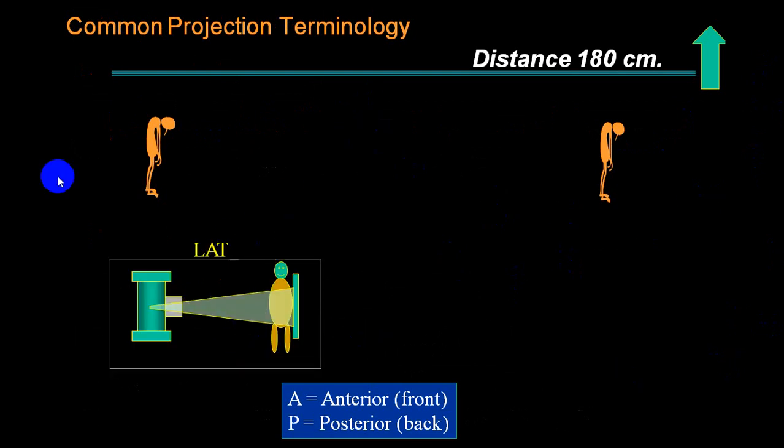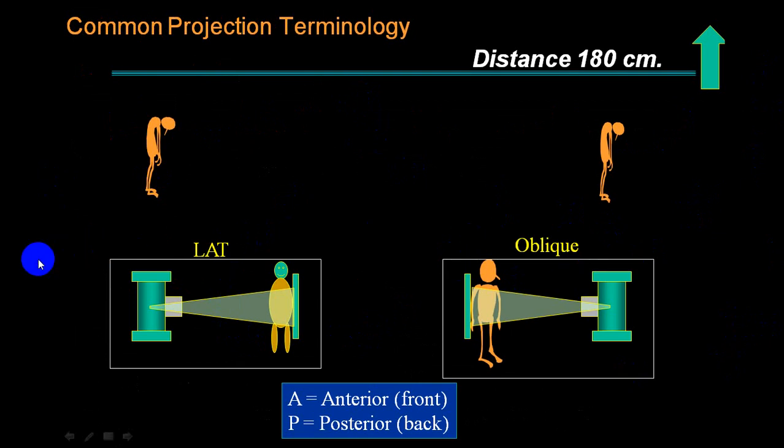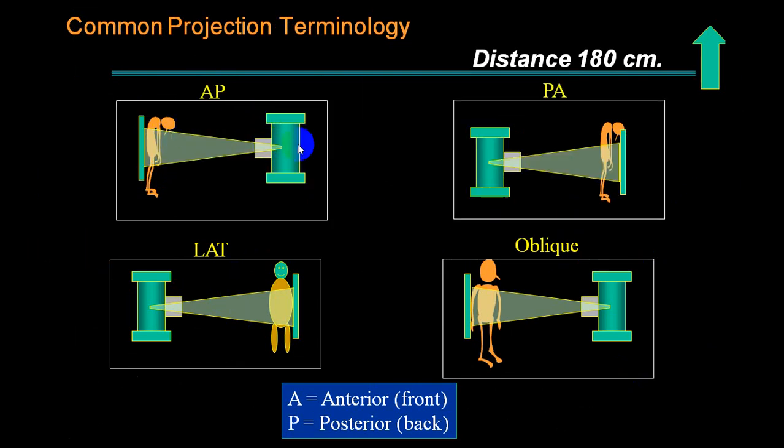So if a beam is coming from anterior, that is the anterior part of the chest, and falls on the X-ray plate which is placed posteriorly, it is called AP view. And this particular view is taken to identify the posterior structures like spine, esophagus, etc. While in a PA view, the beam will fall from posterior and it will fall on the X-ray plate which is placed anteriorly. So it will be very helpful to look at the anterior structures like heart. So whenever you want to look at the heart, you ask for a PA view.